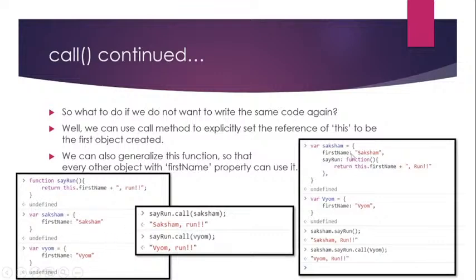It didn't require us to even write the say run method in the first Saksham object. Okay, and now we do not need another object before say run for this function to use. So now that we're saying say run dot call Saksham and say run dot call Vyom, it says perfectly Saksham run and Vyom run. It doesn't matter much. Okay,